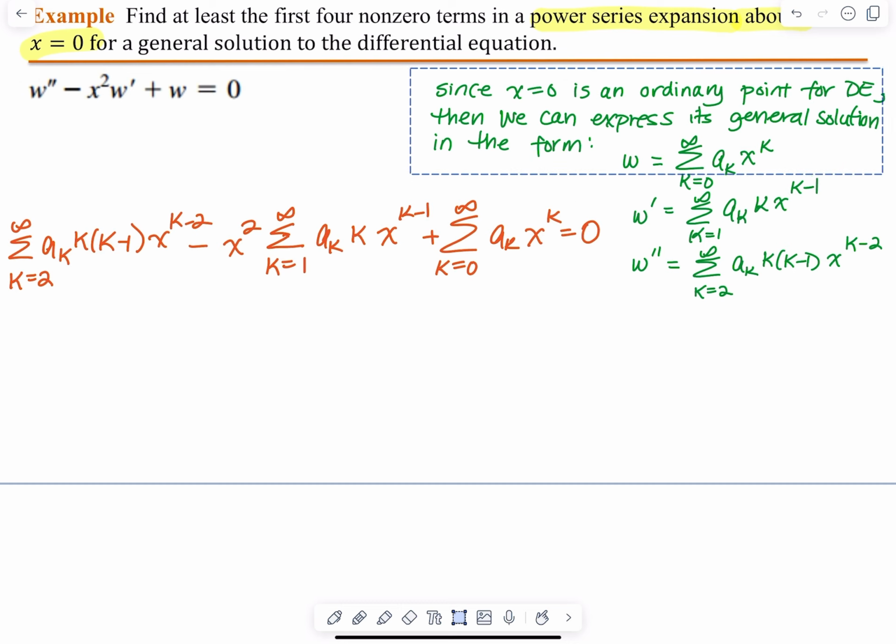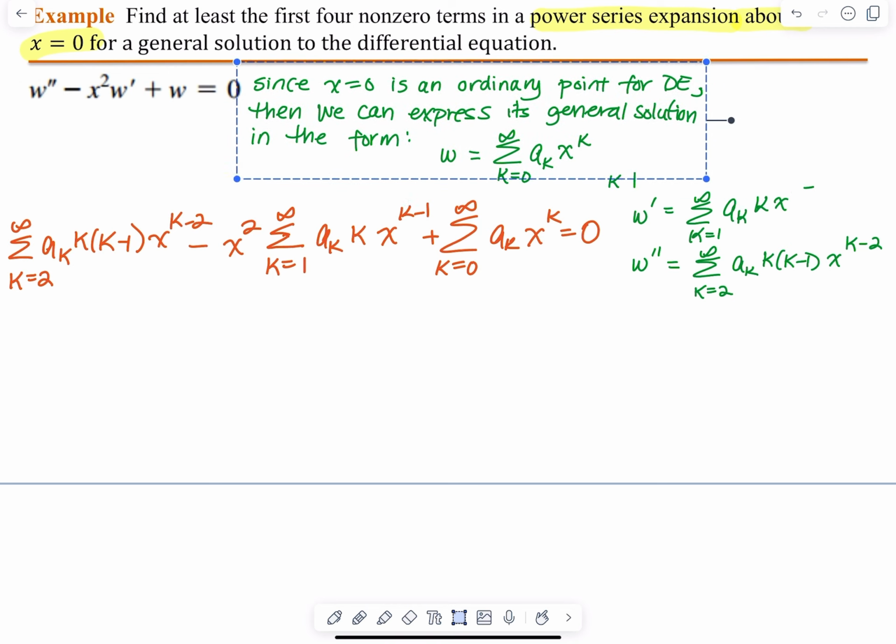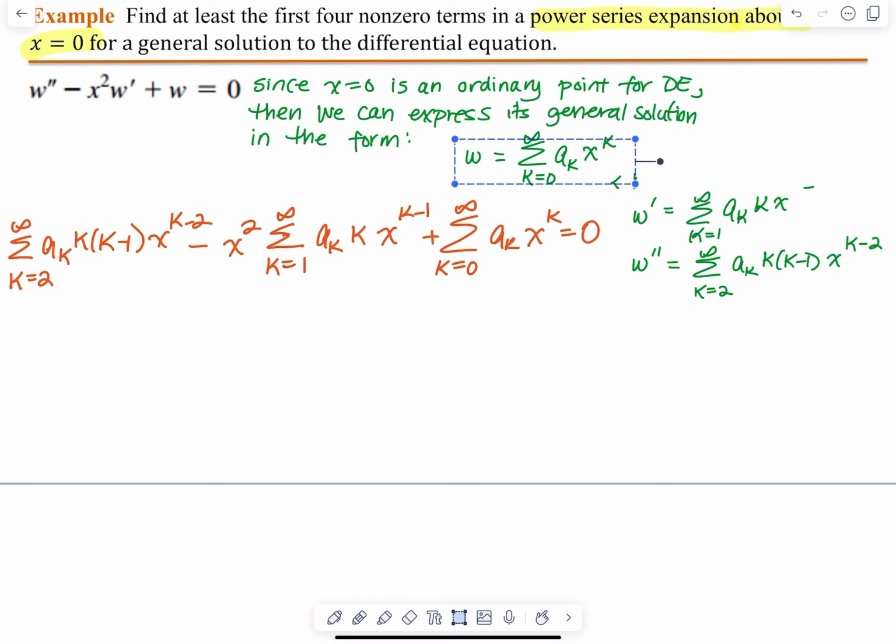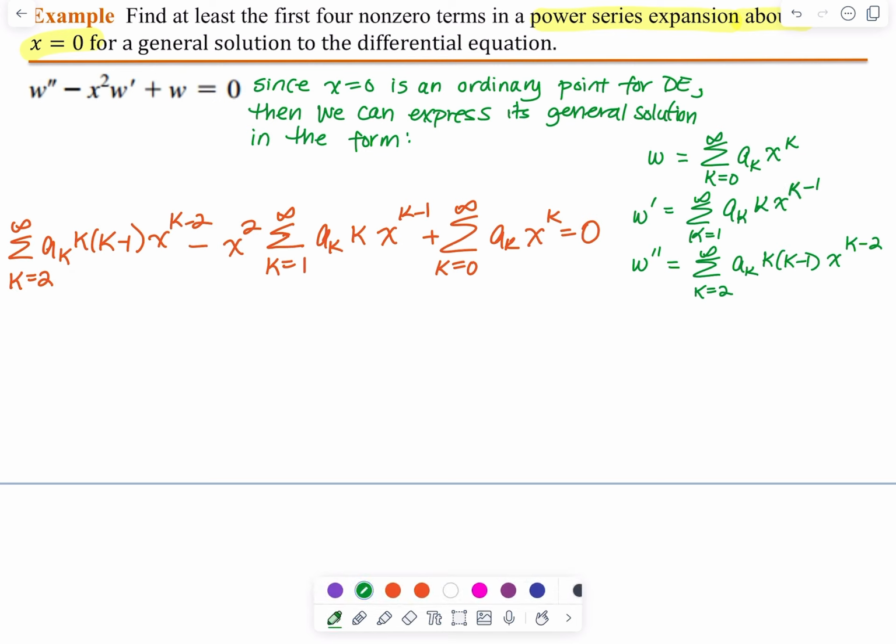So I have decided what I'm going to do here, and I'm going to move this here, and I'm going to move this here. And so now we have that that's equal to 0. And shifting the summation index, we can see that we have k equal to 0 to infinity. And now we have replaced k with k plus 2. So we have k plus 2, and if we replace k with k plus 2, we're now going to have k plus 1, x to the